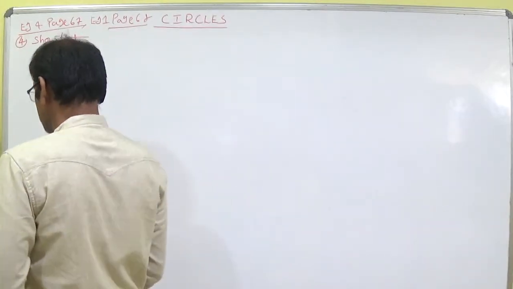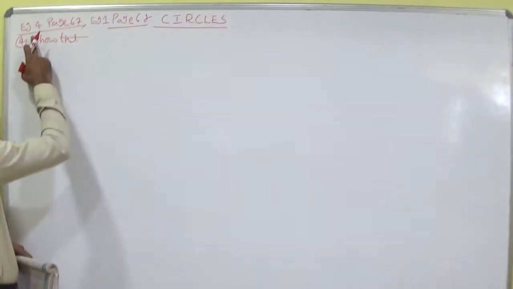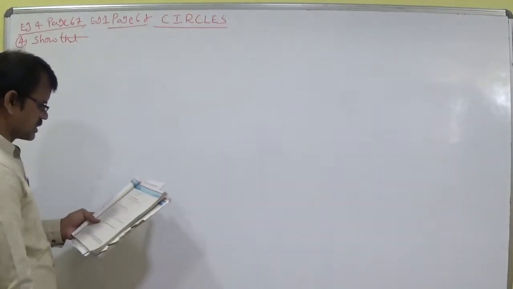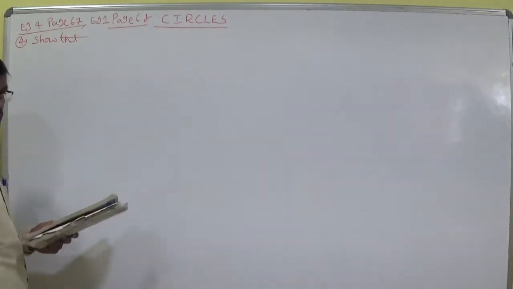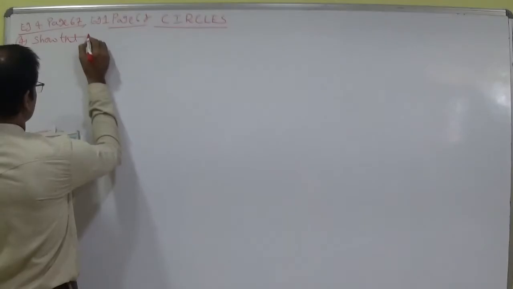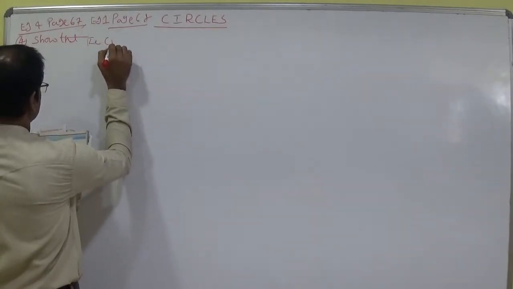Example 3, page number 67, I have completed. Now I want to discuss with you example 4, page 67, and example 1, page 68, depending upon the theory whatever I said in previous class. Now example 4: show that the circles